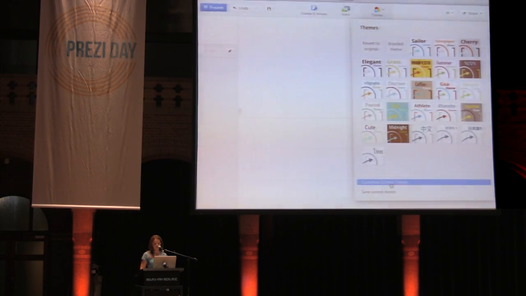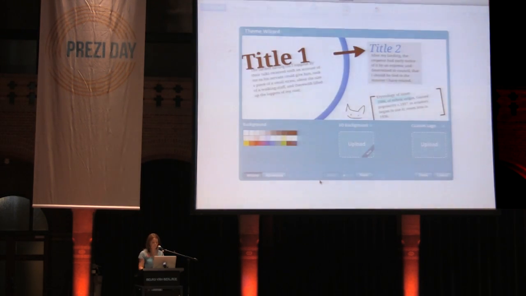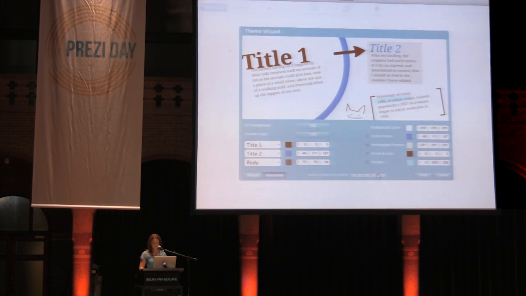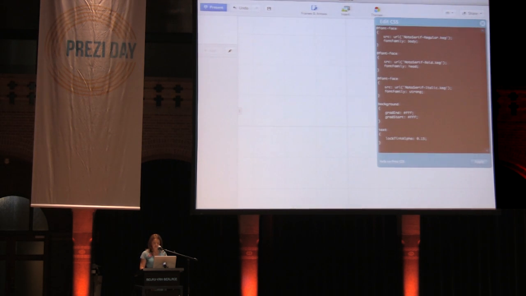So again, go to Customize Current Theme, Advanced CSS Editor. And it's right here. It says background, an ending gradient and a starting gradient. And you can see, you just learned FFF is white, and you see a white background. So if we change one color to